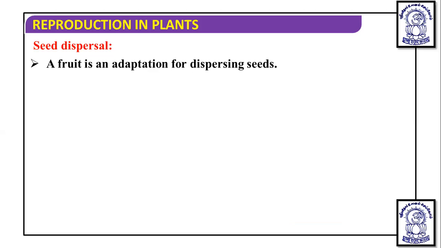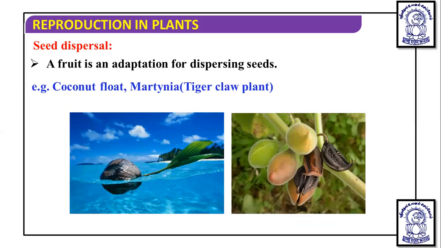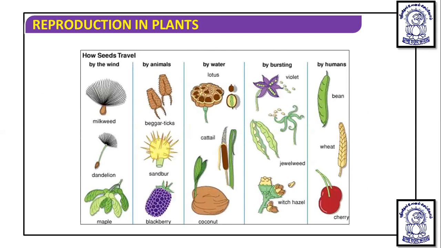a fruit is considered as an adaptation for dispersing seed. Coconut floats, Martinia, the tiger claw plant, that can also float. So due to this mechanism, the seeds travel with the fruit and they disperse and reach the other part. Now, fruits also develop different mechanisms for the dispersal of seeds. You can see these are the different mechanisms through which the seeds can travel to another place with